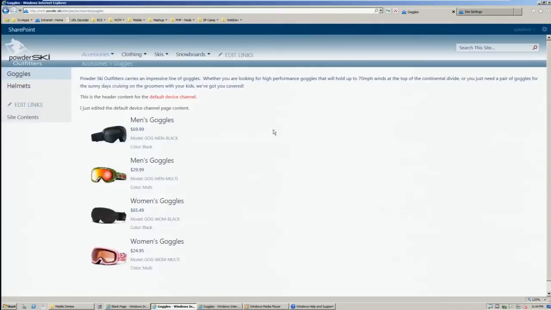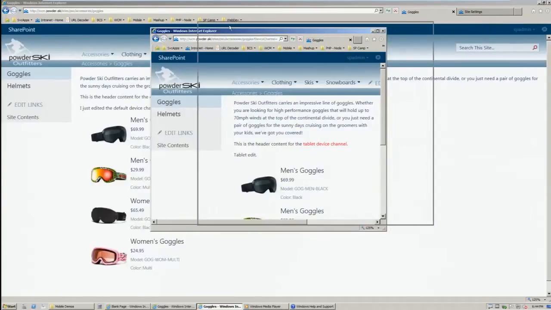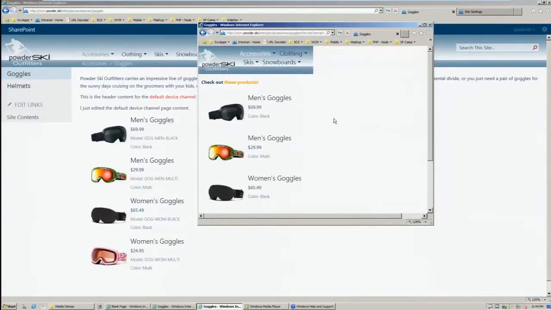For example, if we take a look at this page running in the default channel here, you'll notice that under the description for each goggle, I have a price, a model number, as well as the color. Now, if I pop over and look at the goggles here in the tablet mode, you'll notice that I have the same exact content I'm showing. But if I bounce over to the content in the mobile view, you'll notice I'm not bothering to show the model number. So this is an example of preserving your screen real estate as you move from one form factor of a device to the other